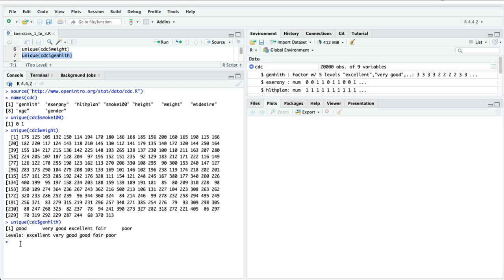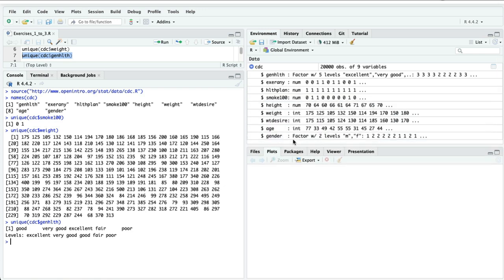And for that, we see that there are text responses. So it was probably people were given options. So the options were either good, very good, excellent, fair, or poor. So you had 5 values there. And actually, if we go over here to the environment,